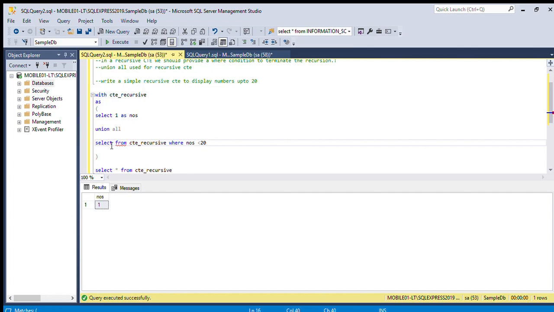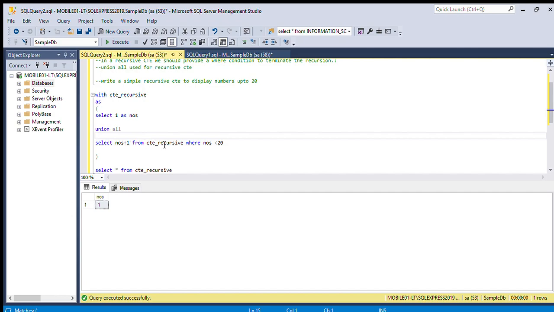Okay. So in this recursive part we give numbers plus 1. So first query we will get 1. After that we are using UNION ALL. After that, in this statement we are calling the same CTE.